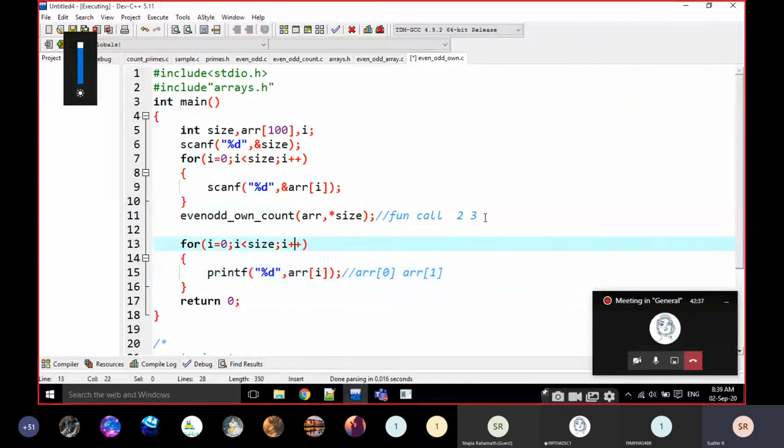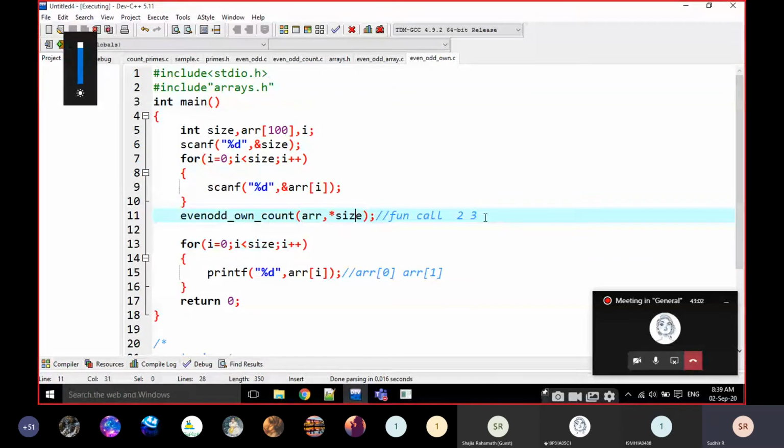But the size is going to be fixed: for example, if I am reading 5 values, here it is going to be turned into 2. We have to change it in the function definition, not here. That's why I am passing this as a pointer too.